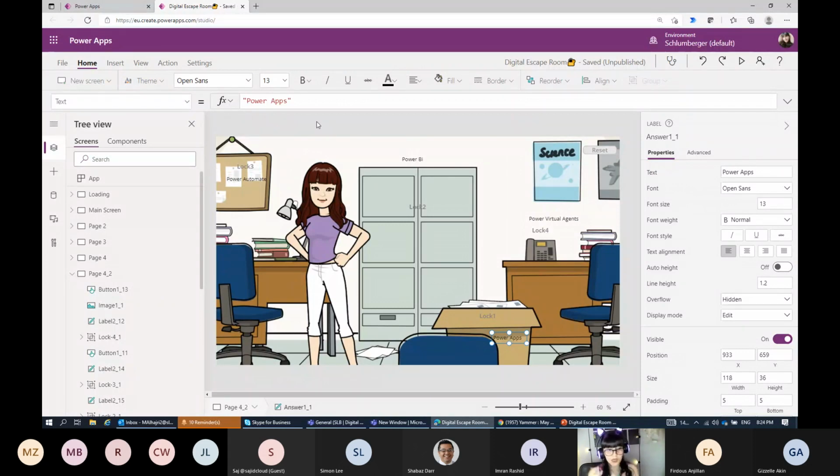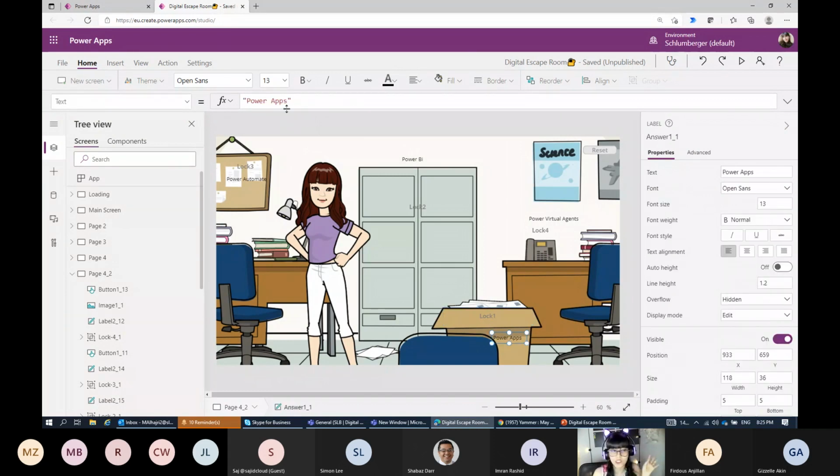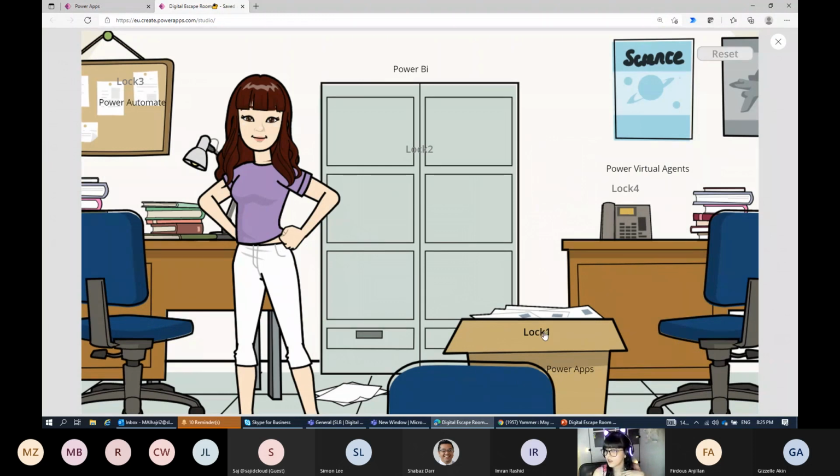Because while we are showing you now the pop-up message, there is a trick to see if the user is answering the question equal to this label, it means it's correct and do some actions. So first step, I have a button, and within the button, when they click on it, I'm creating a context variable, and also I have a label. For this label, just a label with the correct answer. Okay. Let me click here, on lock number 1.